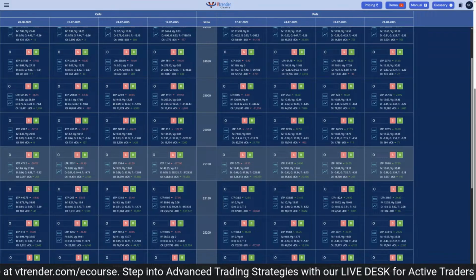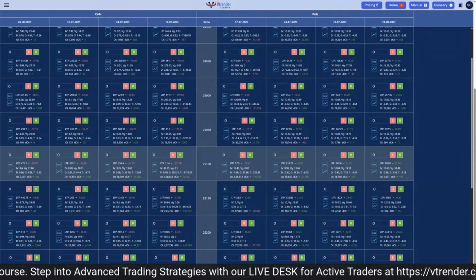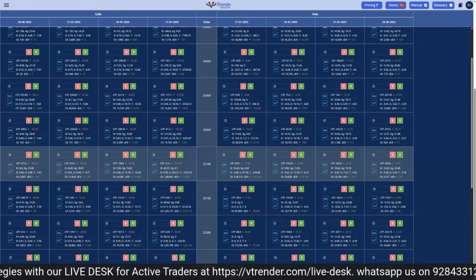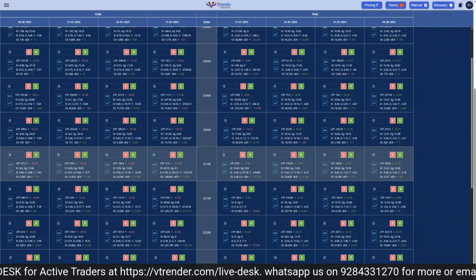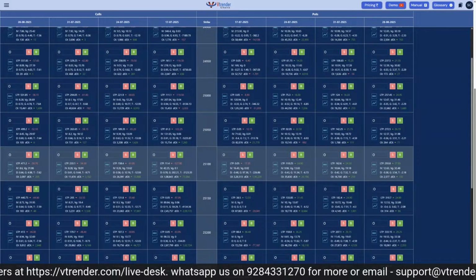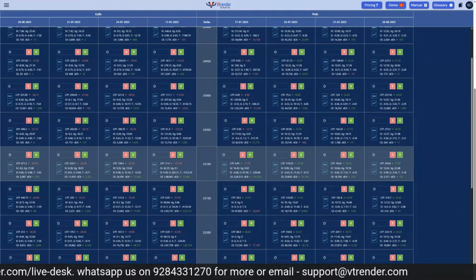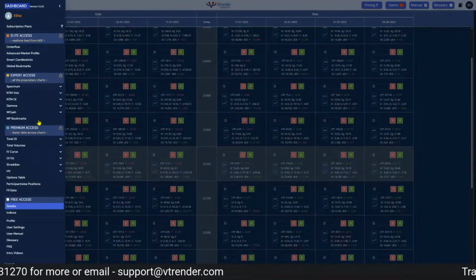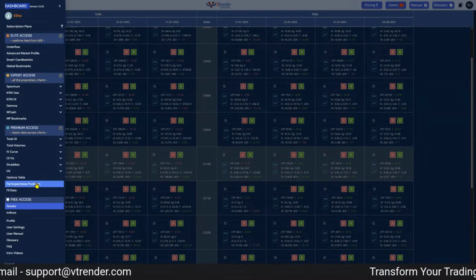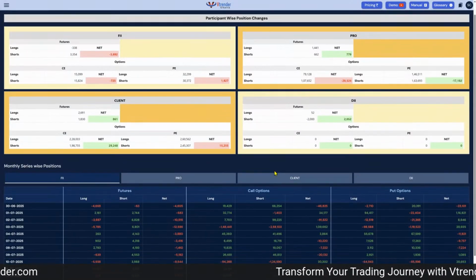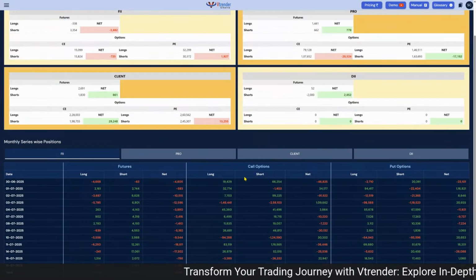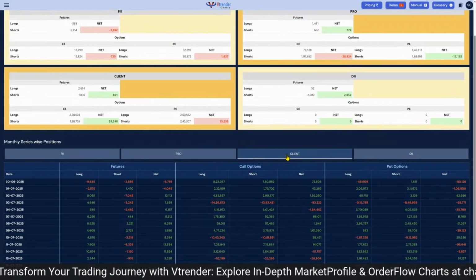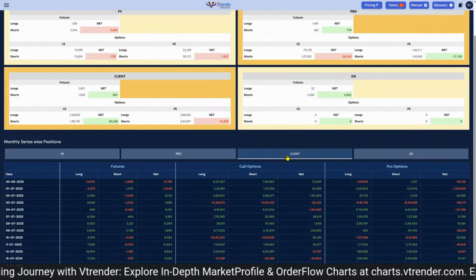I want to tell you very clearly that the option market of India is very, very different from the option market of the US. For one, we do not have market makers in the option market of India. To know that, you have to look at nothing but the open interest positions of traders. If you look at the pros and the clients, you'll quickly understand that the pros and the clients trade with each other.